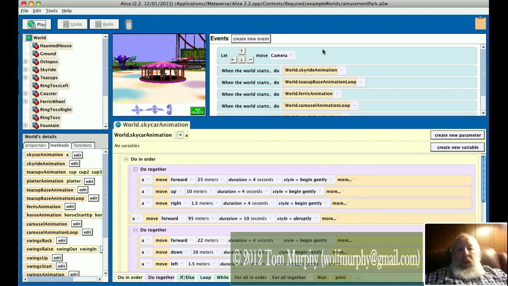Look at the events area here. Key thing is the top one for right now because it's going to help you understand movement in the world. Notice it shows us the up, down, left, and right, and they move camera. When we start the world, we'll be able to navigate that world using the arrow keys. They become events. Other events are when the world starts. So that is certainly an event that takes place in an Alice world when it starts, when it ends, and